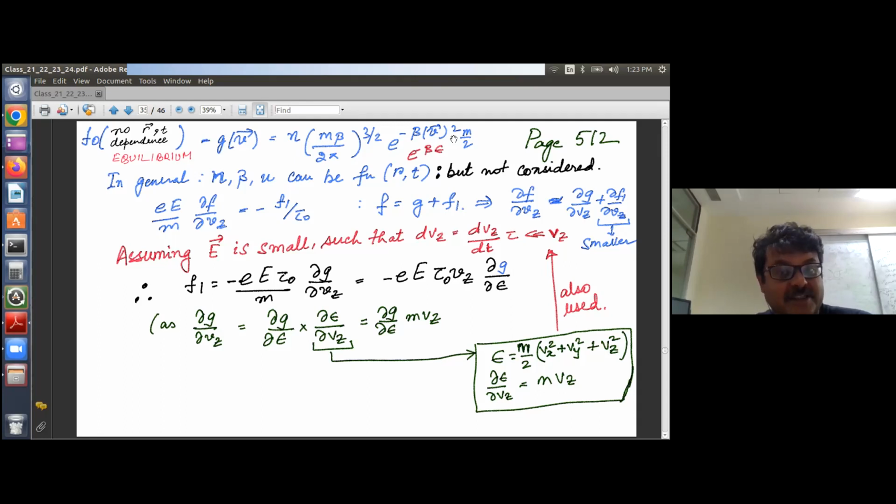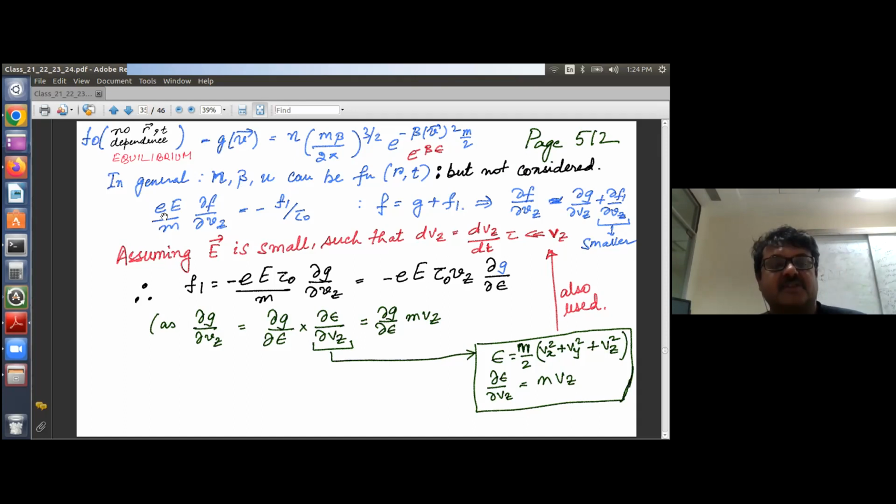So there should be an interaction, but we're neglecting that. We're saying that the particles are moving with such high velocities that the potential energy is not contributing to the total expression for energy. In general, n, beta, u can be functions of r and t, but we are not considering that. At the moment, we are trying to keep it simple. And in that case, the Boltzmann equation, what you will get is